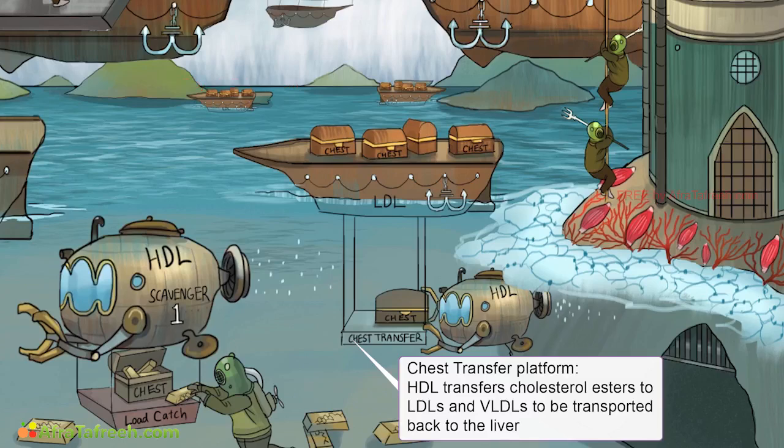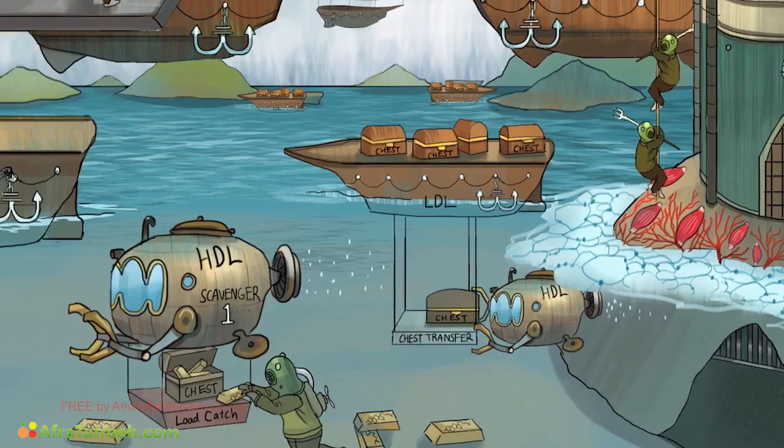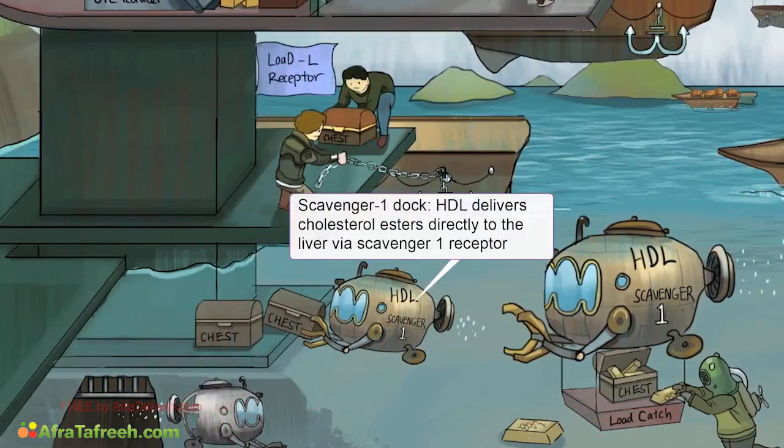Once loaded onto the LDL, these cholesterol esters are ultimately delivered back to the liver, where depleted lipoproteins are endocytosed at the LDL receptor. Also, HDL can deliver cholesterol esters directly to the liver via the scavenger 1 receptor. Just think of these HDL submarines as scavengers scouring the tissues for cholesterol, delivering their plunder back to the liver station. Alright, as the rest of this sketch unfolds, we'll illustrate how statins interrupt these pathways of lipid metabolism, with